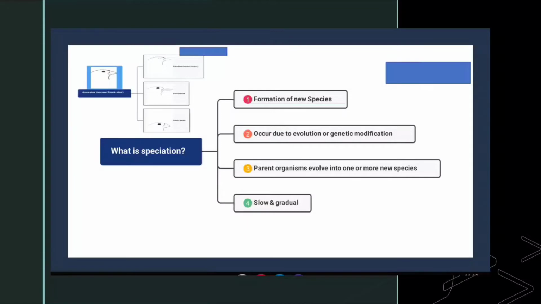Today I am going to discuss speciation. So the first question is, what is speciation? The formation of new and distinct species in the course of evolution, or we can say reproductively isolated from other